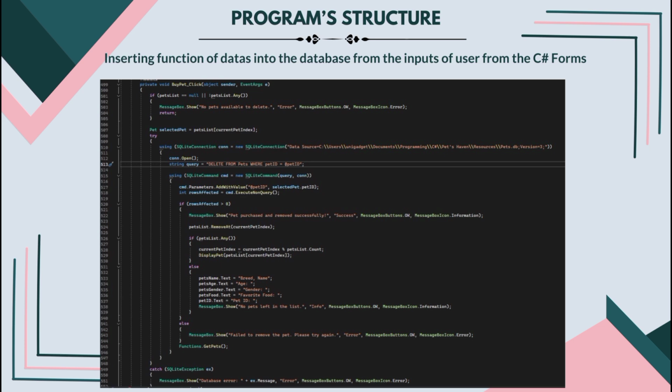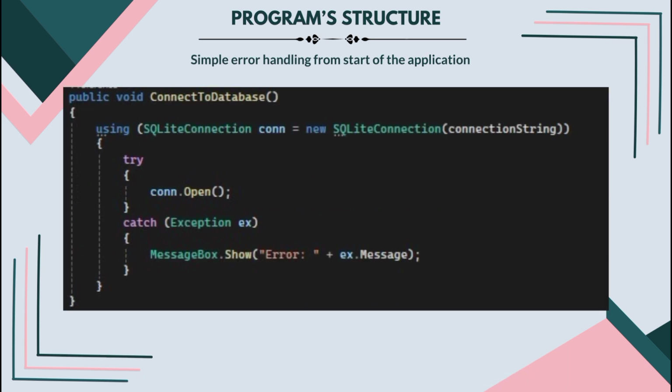And to the next part, I use this method specifically for debugging, but it is also a usage of the try-catch method involving the database. So this returns or shows an error message when there's something wrong in the database and shows why the application cannot connect to the database. This is very helpful in making sure that the connection between the application and the database is correct and the application functions and can run smoothly.